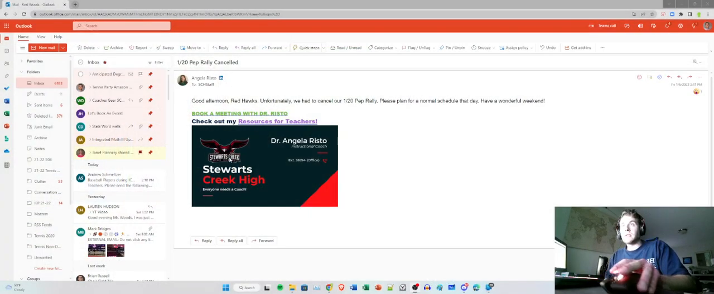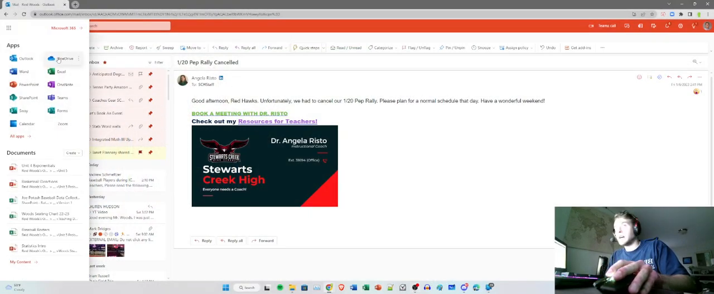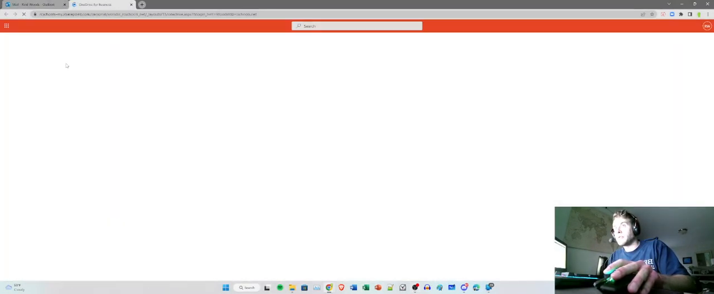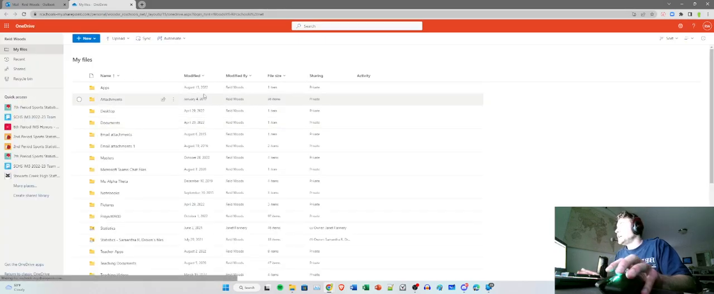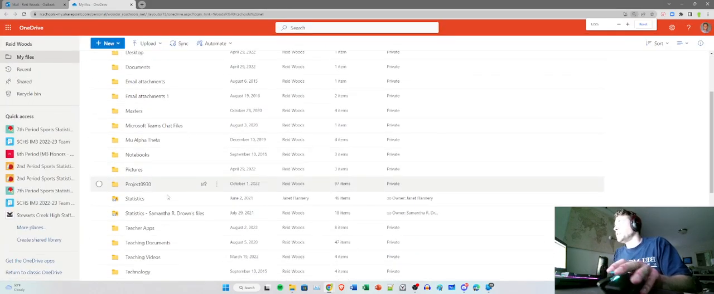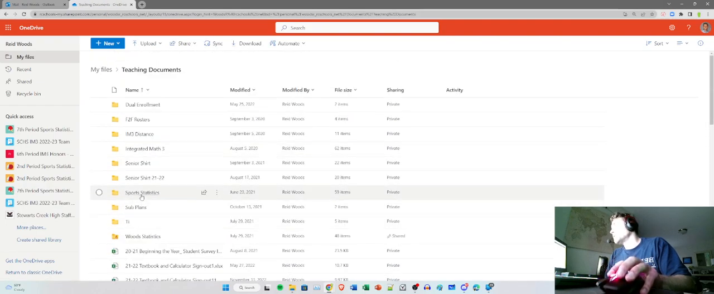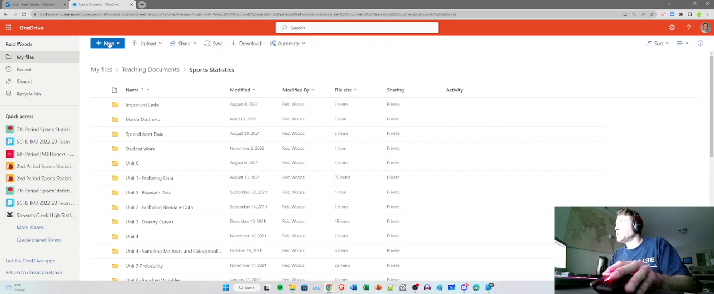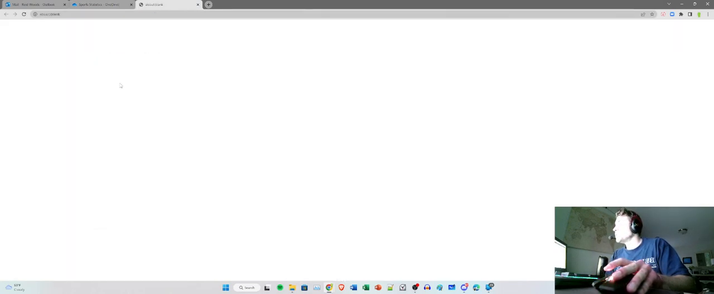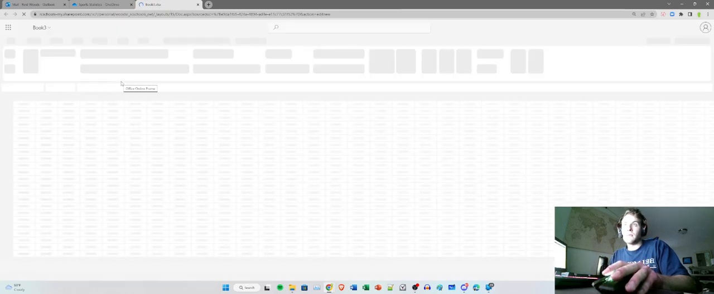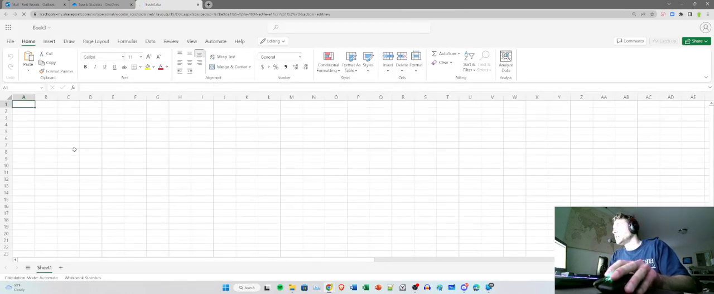The first thing that you need to do is go to your OneDrive. I'm on my email. You just click OneDrive here, and then find the sports stats folder that you had to make. So for me, that's in here. So sports stats. And then what you want to do is, at the top left here, click new, and you want Excel workbook. And it's going to make a new page for you. Okay. And our goal here is to